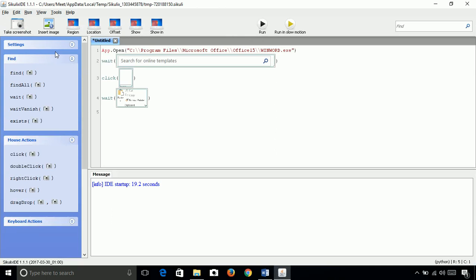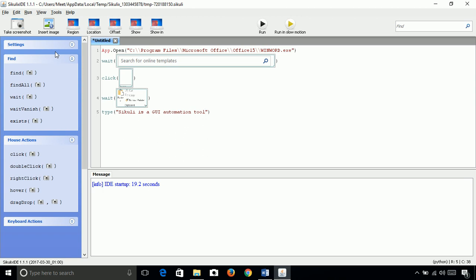So after opening the blank document, we will type something. Let's use the function type, and here we will put the text: Sikuli is a GUI automation. Now imagine if we want to enter the next line.